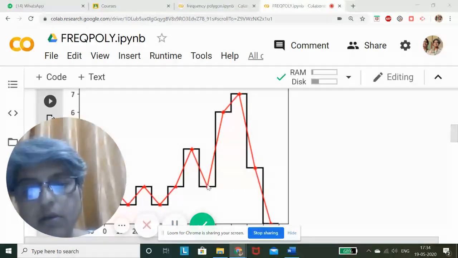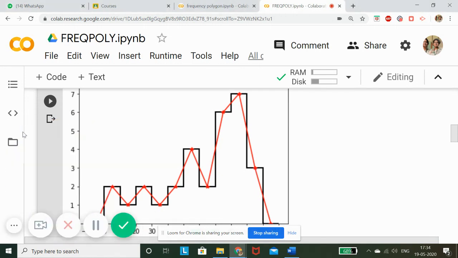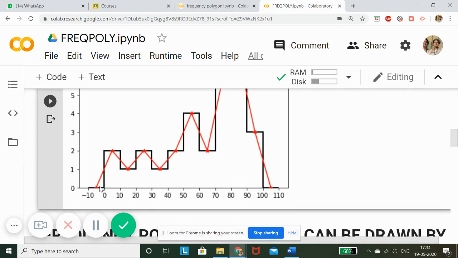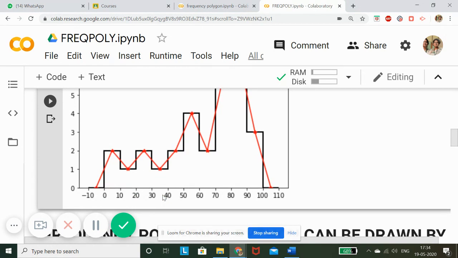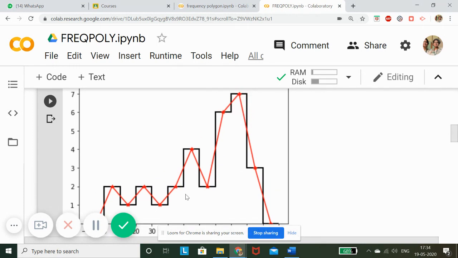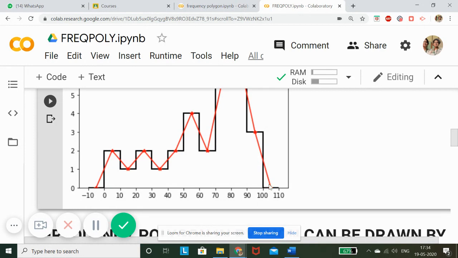One more thing we have to notice here is that my black line is a histogram and my red line is a line graph, but my line graph is touching both the edges on the x-axis. It is actually touching here and here also at the extreme ends, in order to convert my line graph into a polygon, because we all know that a polygon is a closed figure. If I join just the midpoints of the given data, where my first value is here and my last value is here, my polygon will be incomplete. In fact, it will not be a polygon, it will be a line. So in order to convert it into a polygon, I have extended my line to the x-axis at both the ends, so that it meets the x-axis.